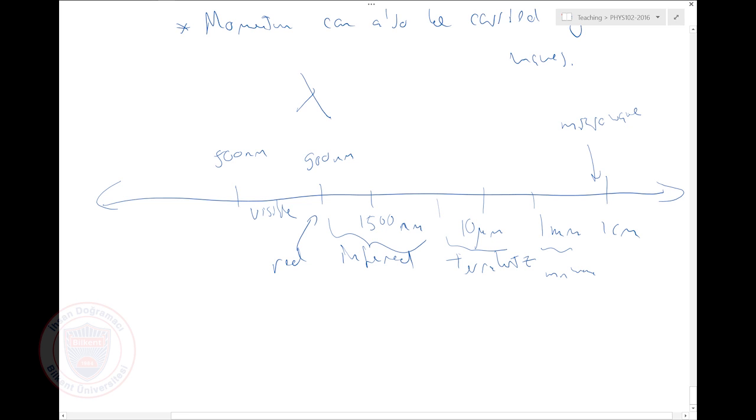How about if I go to 10 centimeters or 1 meter, let's say? This is where your radio waves are, okay? And in between somewhere around 10 centimeters